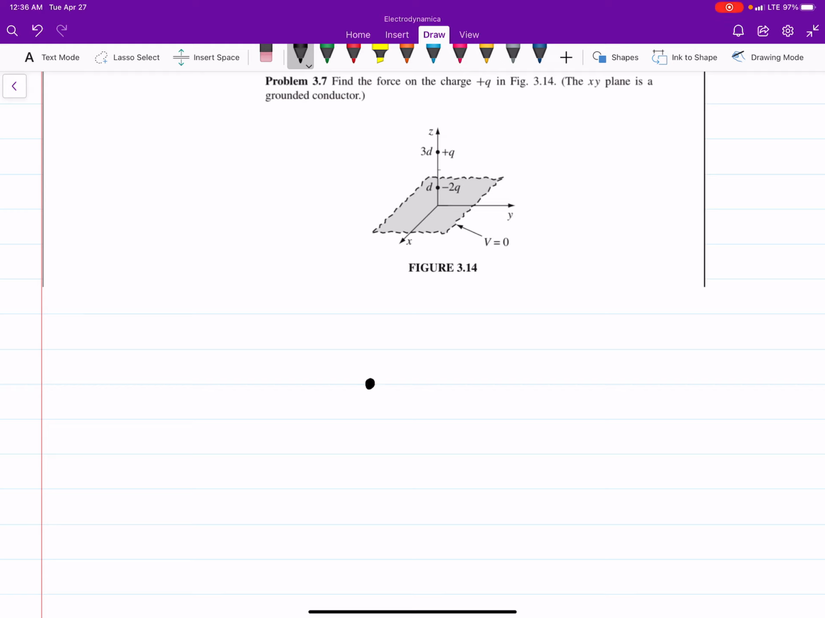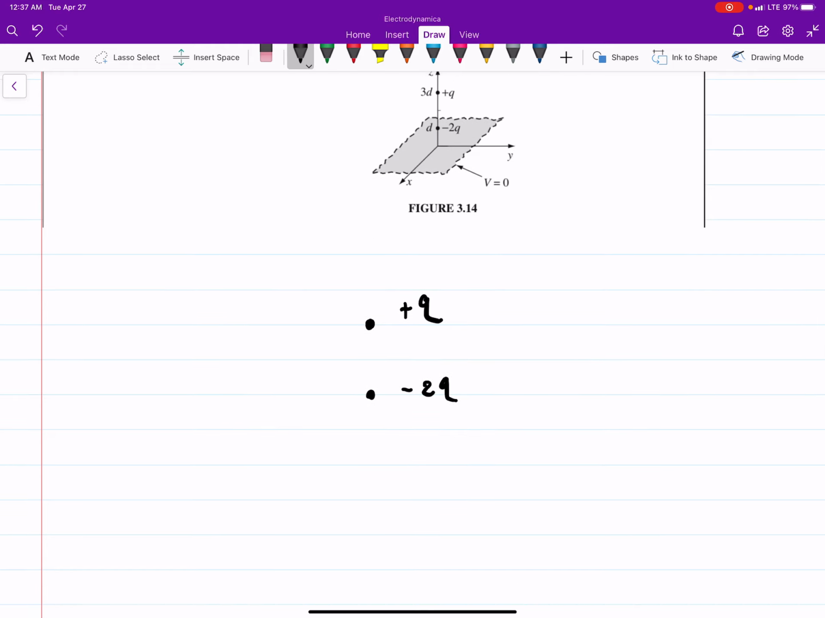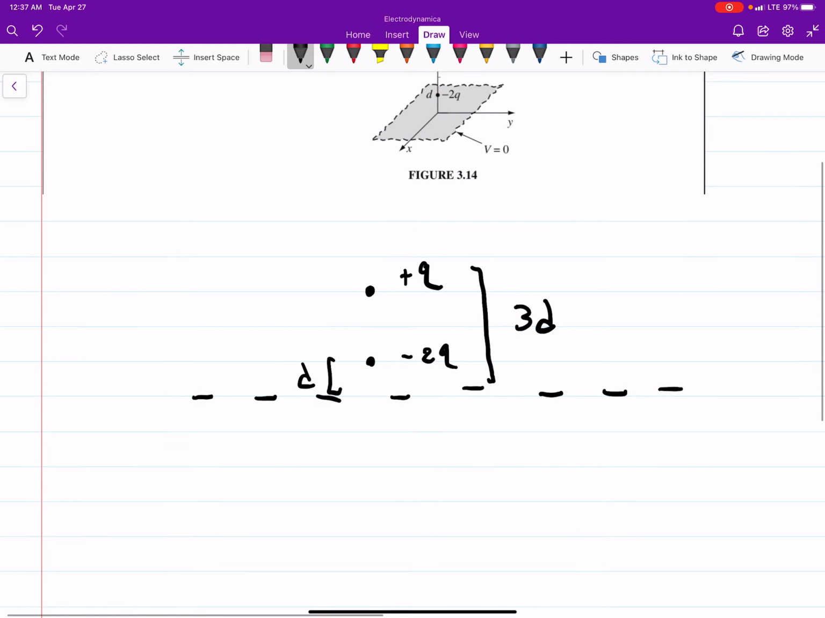We have plus Q here and minus 2Q here, right? Now, I'm going to draw a dashed line where our conductor was. And we know this was a distance D. This was a distance 3D. That's all given. So we draw a dashed line where our conductor is,